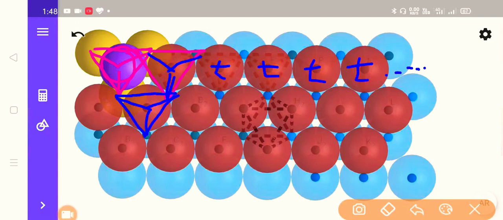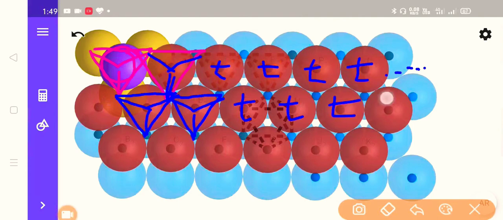The same type of repetition will be observed in the adjacent position. First of all, let us connect the centers of the three bottom spheres. These three bottom sphere centers are connected with each other, and then we have one sphere on top of these three. So again you will get a tetrahedral void. The same type of repetition will be observed again, so you will get a second tetrahedral void series.